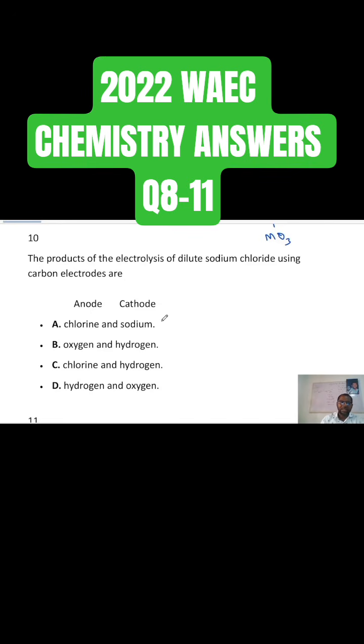So number 10 says the product of electrolysis of dilute, now look at the word dilute, sodium chloride using carbon electrode is very simple. At the anode and the cathode, because it is dilute, the product at the anode is definitely oxygen. Electrolysis always gives oxygen at the anode whenever you are using carbon electrodes or you are using inert electrodes. Anode is always oxygen, except